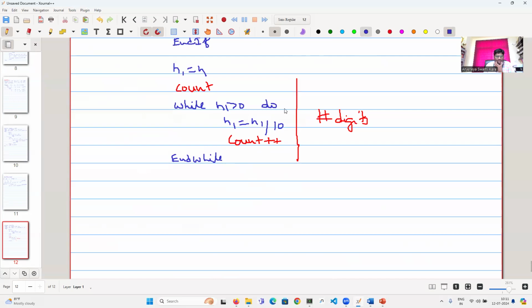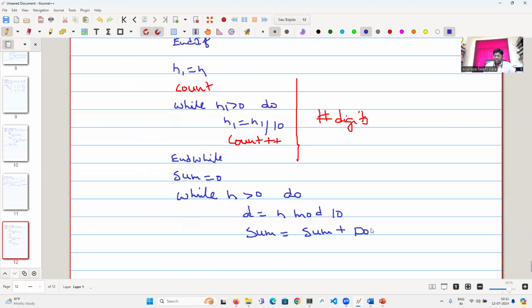Okay, right. So what we need to do? We need to remember somewhere, so sum equal to 0. While n greater than 0 do, what we need to do? Digit is equal to n mod 10. We are extracting the digit from right to left because that is easier to compute than extracting the digit from left to right. We just need the digits. Order doesn't matter. So we are going with an easier method. Okay, sum equal to sum plus